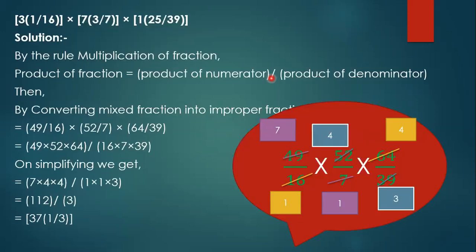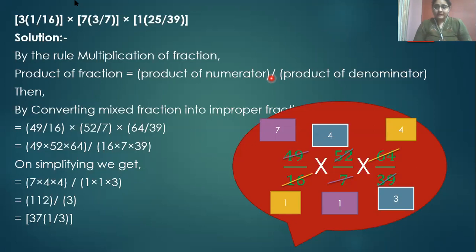Okay, children, try to practice more of such questions because the more you practice, the more you will master the art of multiplication. And I'm telling you, in addition and subtraction, you will have to check whether they are like fractions or not. If they are unlike fractions, you'll have to convert them into like fractions. But multiplication is extremely easy. Whenever you have multiplication, all you need to do is multiply the numerators and multiply the denominators. And if you want to make it easier, you can simply cancel out the numerators and the denominators if they are going in the same table.